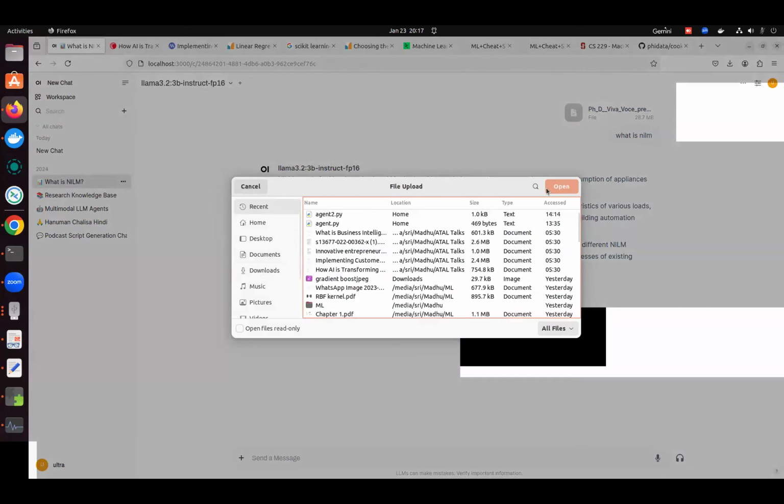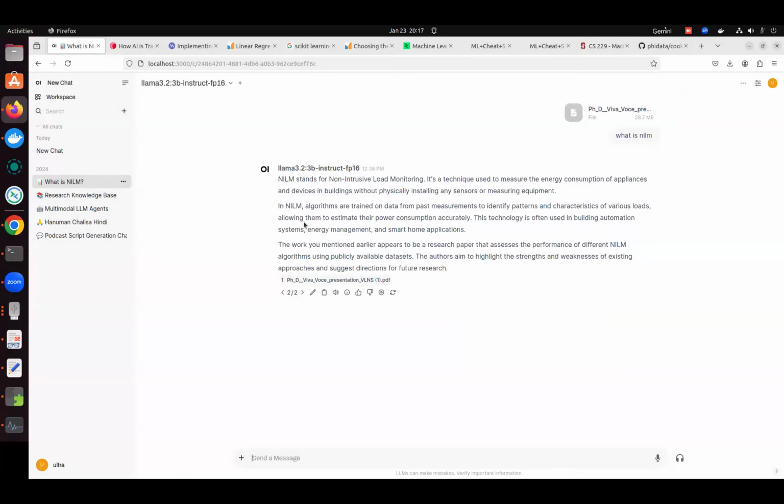Whenever you want to analyze or understand a document, you can upload that particular file to the system. The reason we upload the documents is that there is something called AI hallucination. When you don't want to get into AI hallucination, usually you